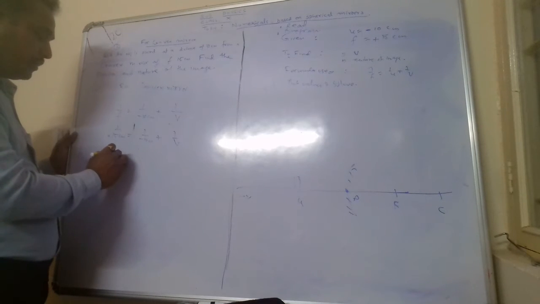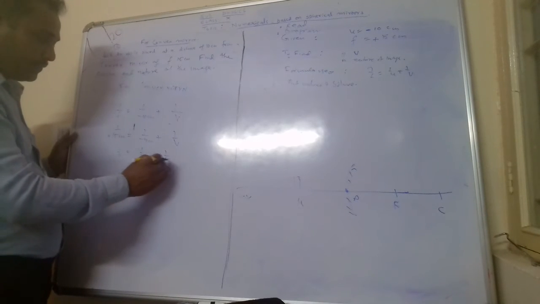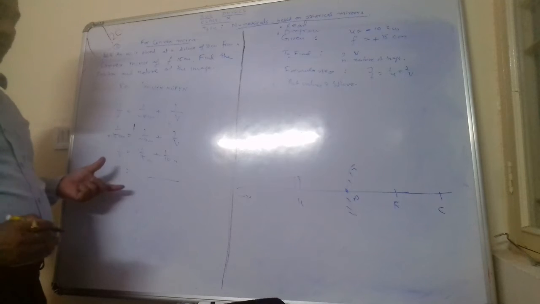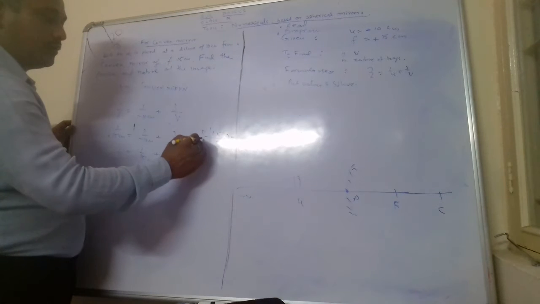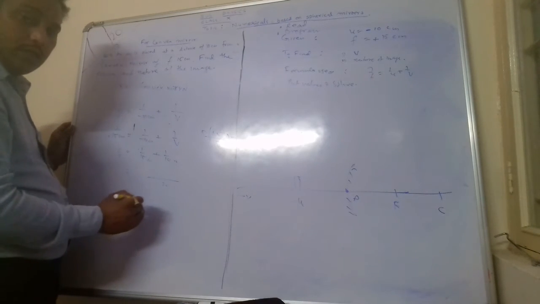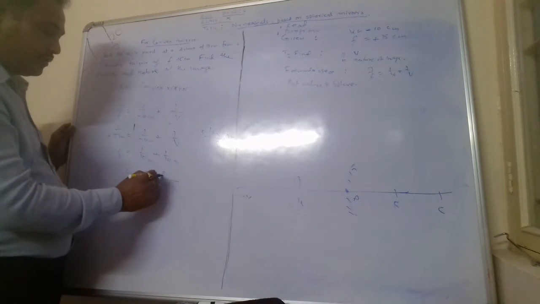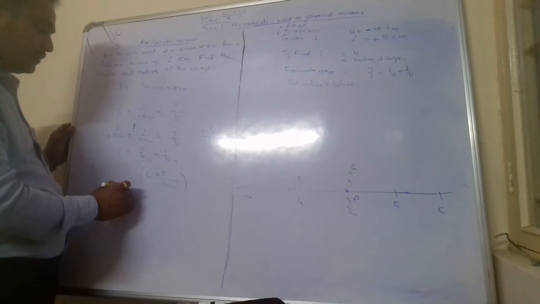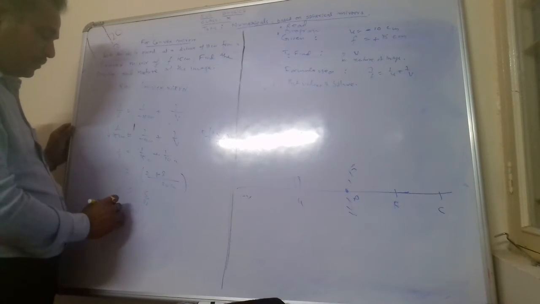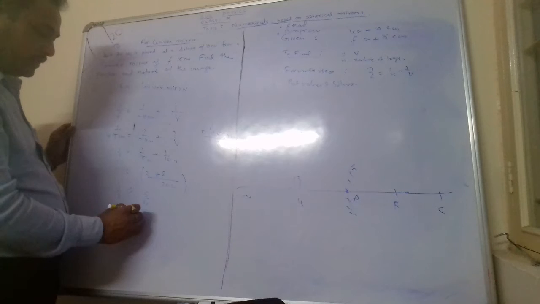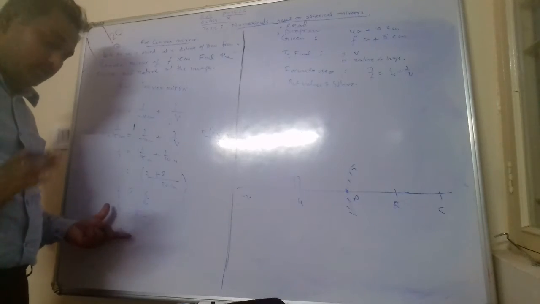So you can also write 1 by v is equal to 1 by 15 plus 1 by 10 cm, and you will take the LCM and solve it. For example, here 10 into 3 is 30 as the LCM, and you will put the values and solve it. Then we are getting 5 by 30 centimeter as 1 by v. So the reciprocal gives v equal to 6 centimeter. So this is the value of the unknown. We are able to solve like this.